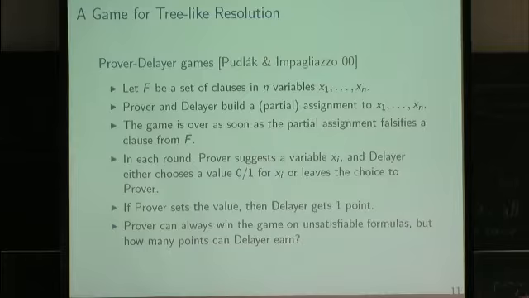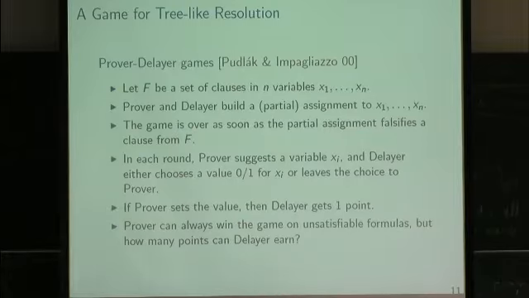The delayer in the beginning is saying, oh, I know a satisfying assignment for this formula. This cannot be so because, I forgot to write down that F should be an unsatisfiable formula. So F is unsatisfiable, and so we know that the delayer certainly makes a false claim. Now the task of the prover is to catch him in some contradiction. So what he's going to do is ask variables.